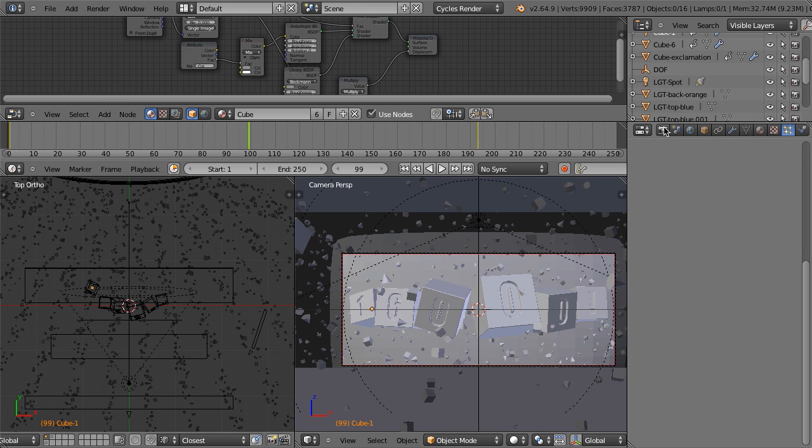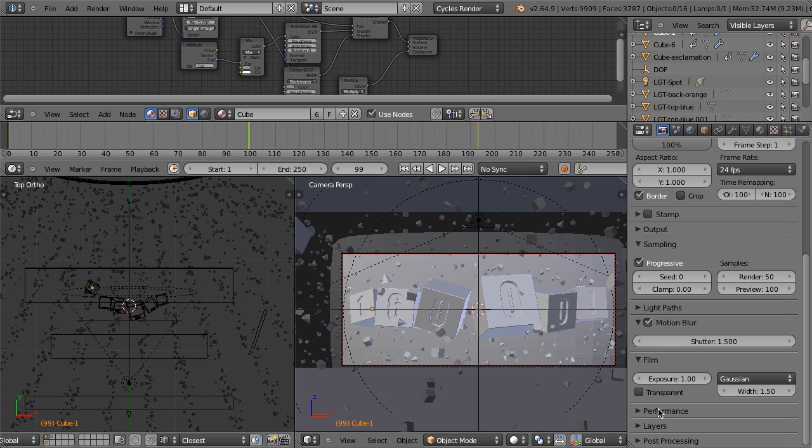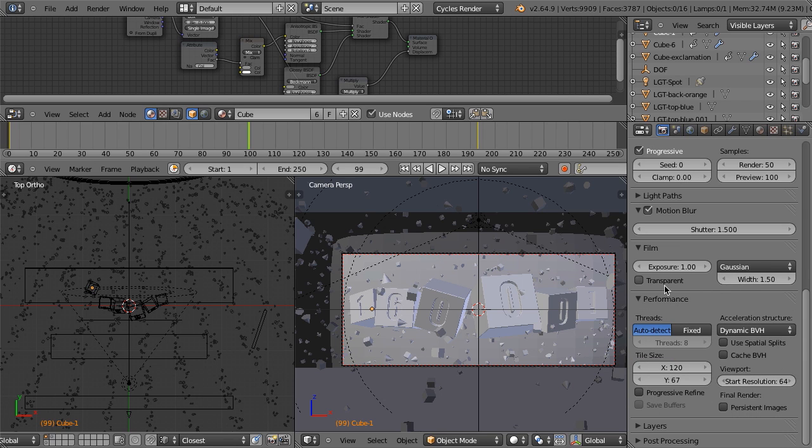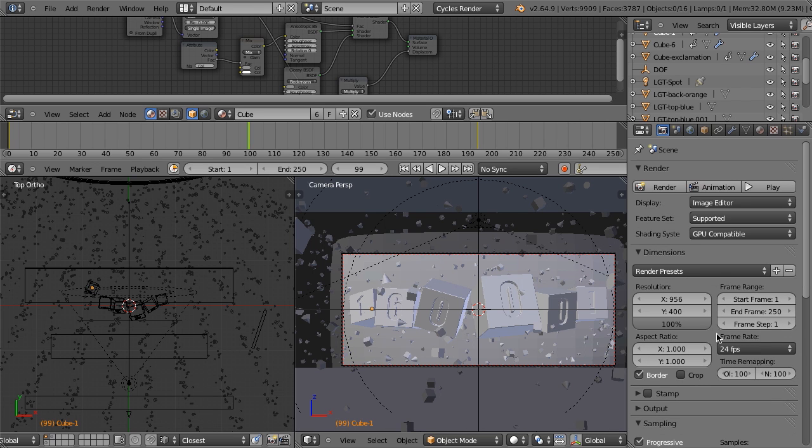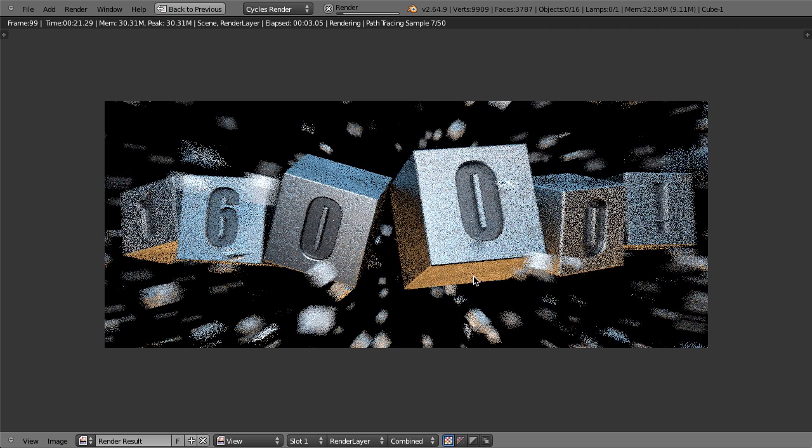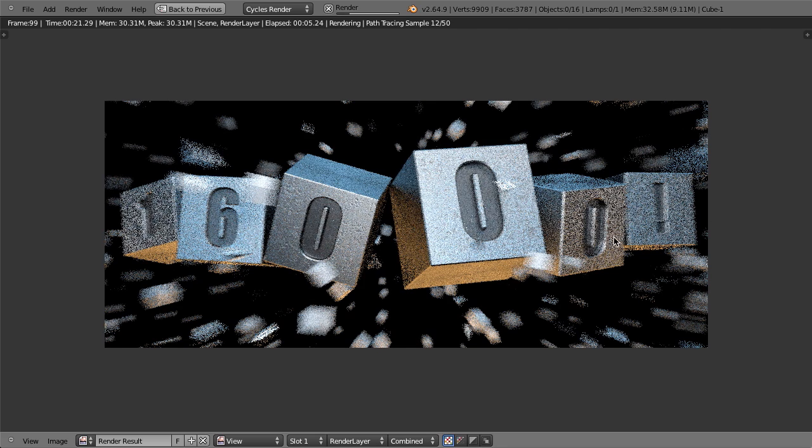So one thing in Cycles now is we have this option under Performance. Since it renders via tiles, we can now choose Progressive Refine, and this way it'll just refine the whole image like we're used to, sample by sample. And so this just allows us to see a good preview. And that actually, I think,